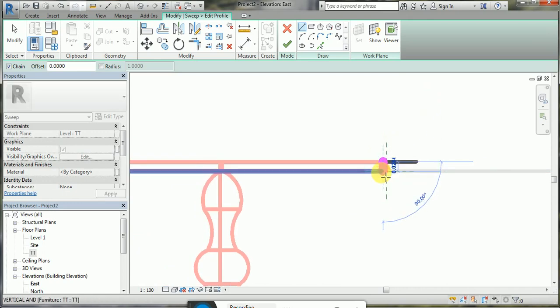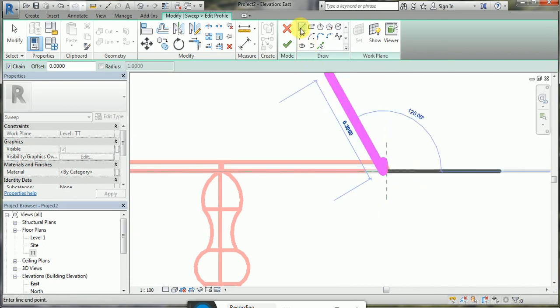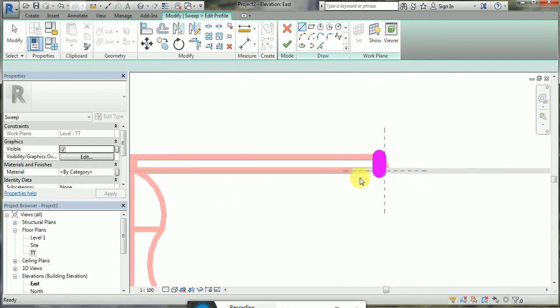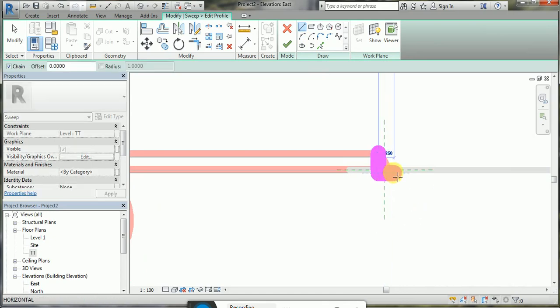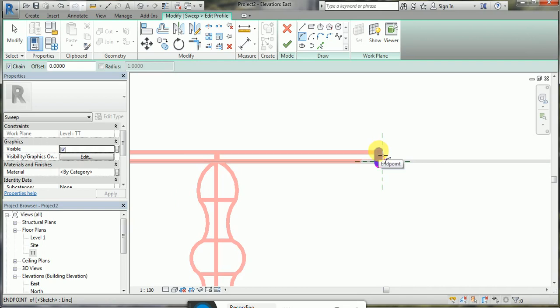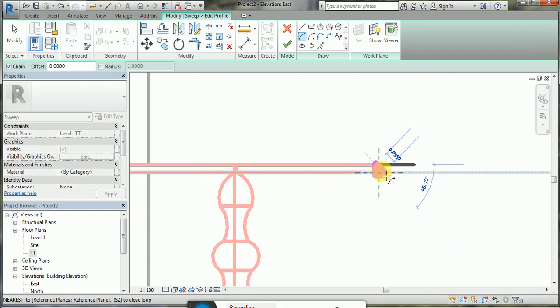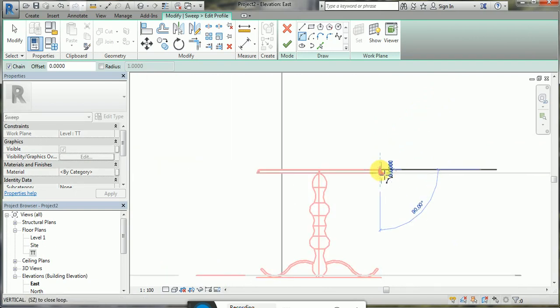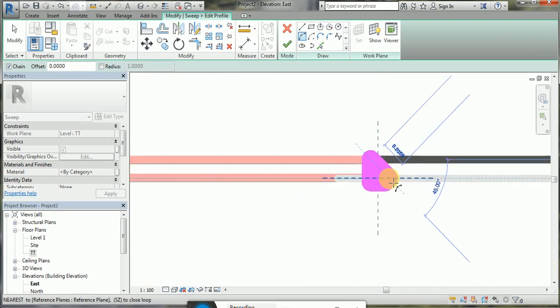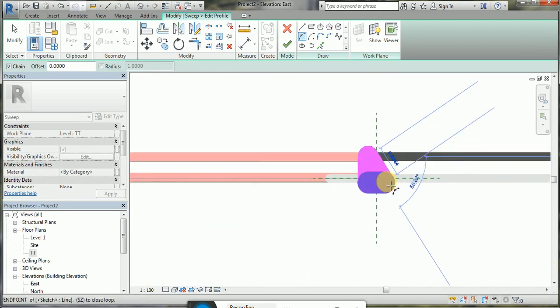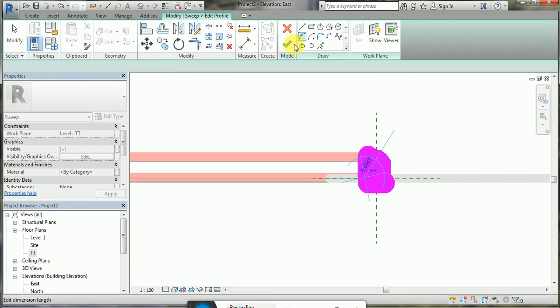So the Arc command, before that you will have to use the line point, and then the Arc command. This will be better. So small sketch, so finish. No, that will not be useful because